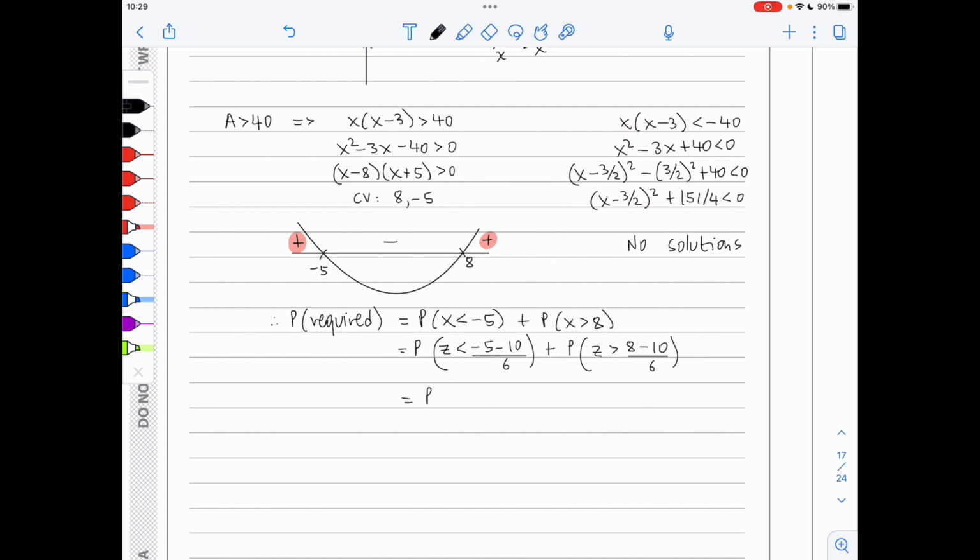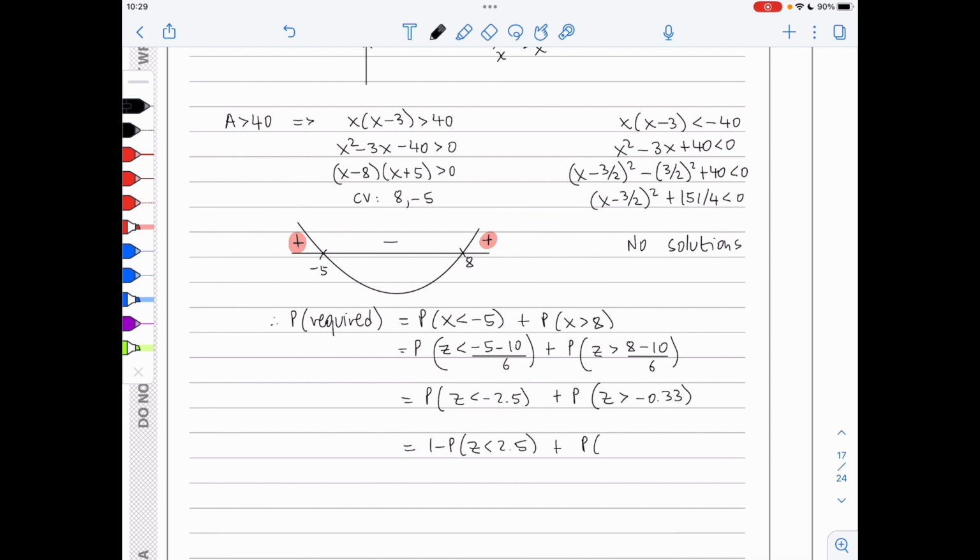This leads to the probability of z being less than minus 2.5 plus the probability of z being greater than minus 0.33, and therefore this is 1 minus the probability of z less than 2.5